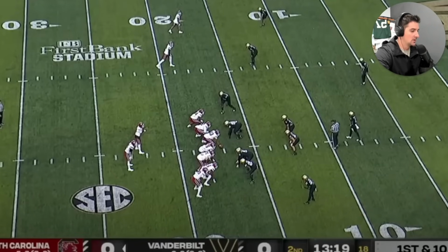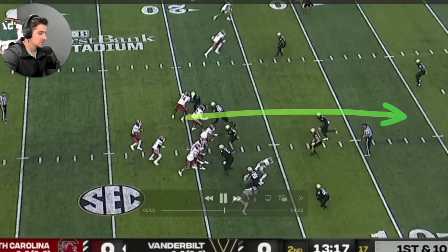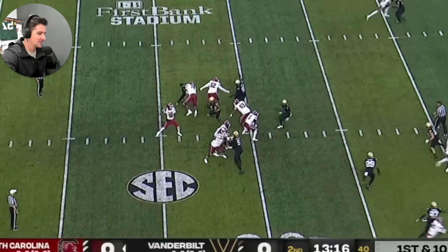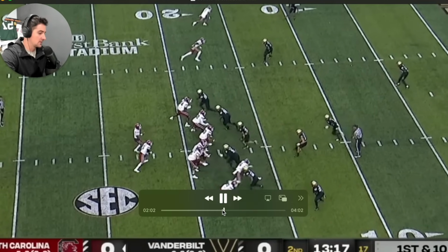dropbacks. We talked about how good he's been as of late on straight dropbacks. His straight dropback pass, one of my favorite throws he's thrown all season, I think, to the tight end Simon. He was 10 of 12 this game on these type of passes for like 166 yards and 2 touchdowns on straight dropback passes. So what I like about this play so much, and this shows, I think, some true development, is